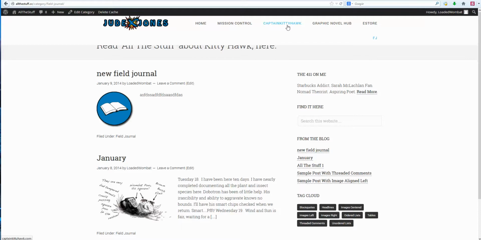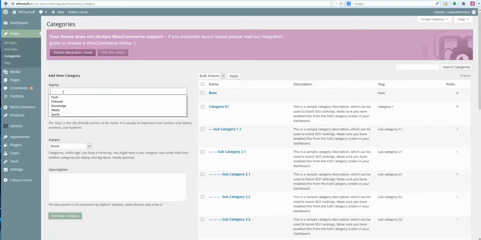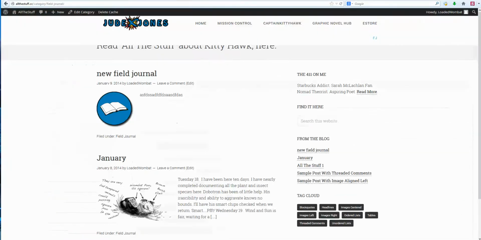So it's pretty simple, and this is how we incorporate. So Captain Kitty Hawk maybe be all the field journal posts. I don't know. Maybe you want to create a new category for Captain Kitty Hawk, and call that Kitty Hawk. That's your category, and then when you come back, all the posts that you've tagged to